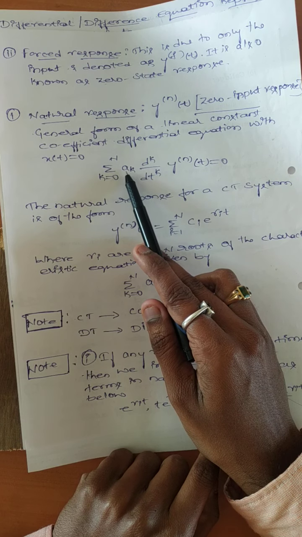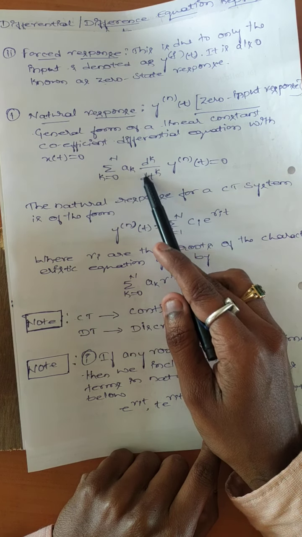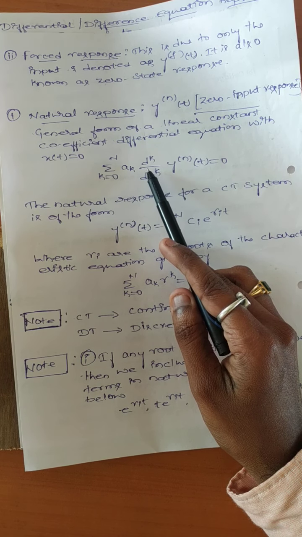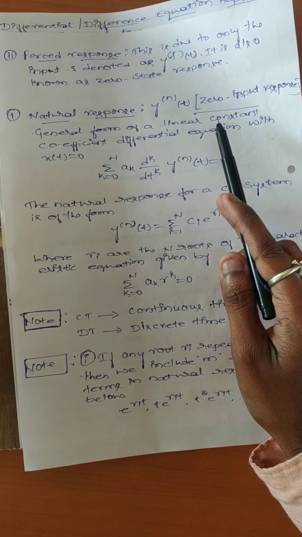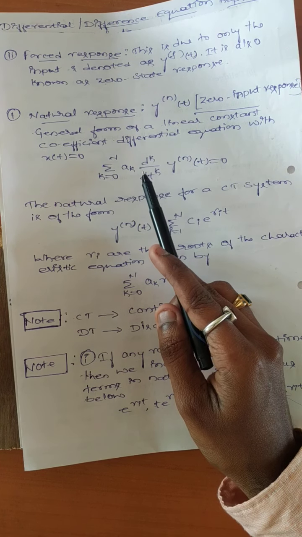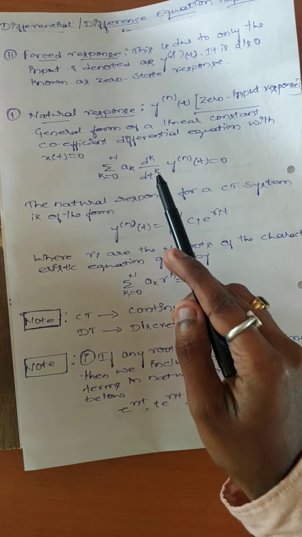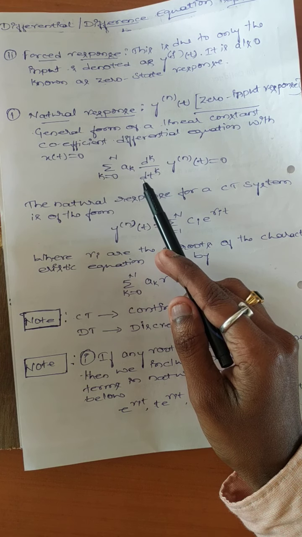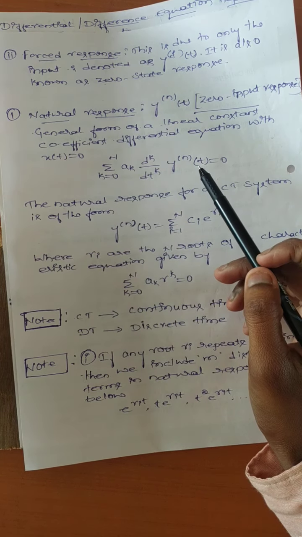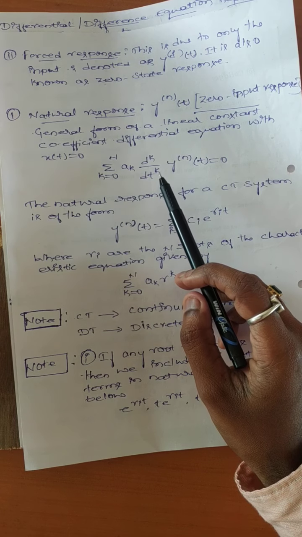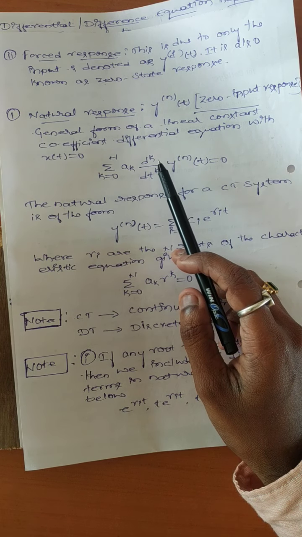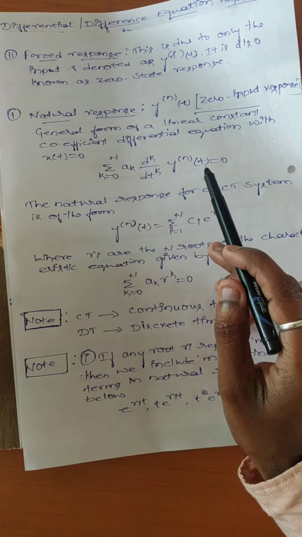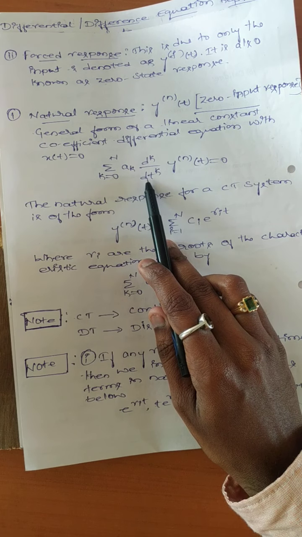These are the constants and coefficients. This is a constant and this is a differential equation. The natural response relates to continuous time systems and discrete time systems, but here it is a differential equation. If a differential equation is there, then a continuous time system will come into picture. If difference equations are existing, then discrete time samples will come into picture. In this case it is a continuous time system, that's why I have written it in k and t form, not in n and n form. Here it is a continuous time system.